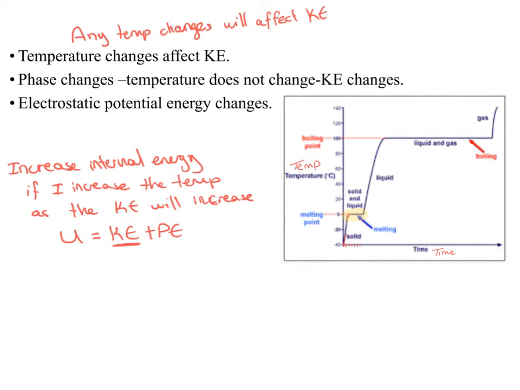That's where the special magic happens. So basically you don't have a temperature increase, so no kinetic energy change, there's no kinetic energy increase at all, but there is potential energy increase. That has to do with potential energy between the bonds increasing. So when there is a phase change, we can increase internal energy if phase change